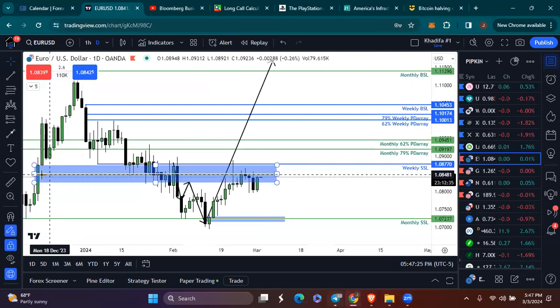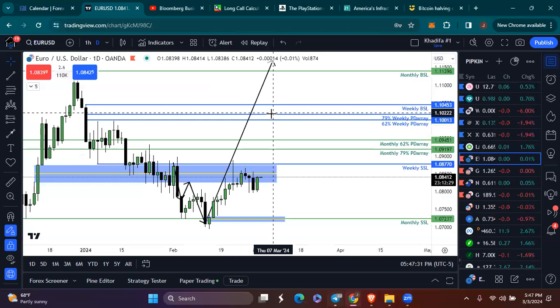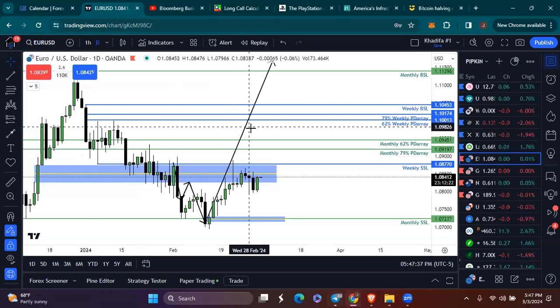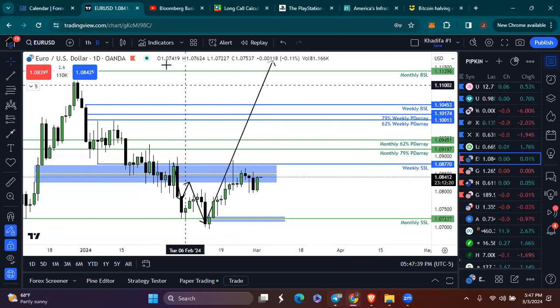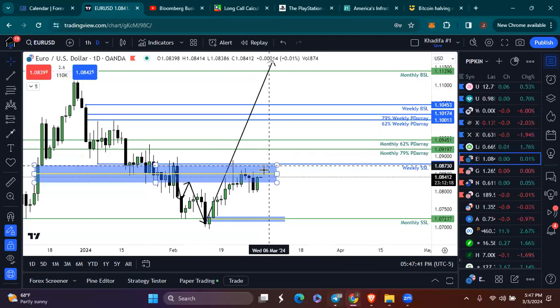Well, first this inverted daily fair value gap. Push above that. Well, this is actually an inverted weekly fair value gap. We should push above there and come down, find support, to continue higher,